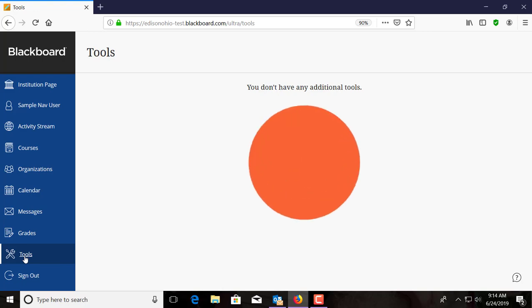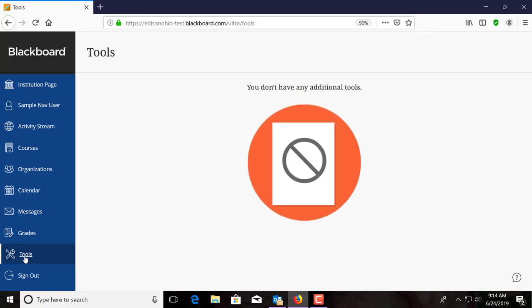The tools tab, you are not going to have anything in it. You probably won't. I'm looking for a way to actually remove it from the menu. I'm not sure if that's possible, but you're not going to have any tools in there right now. Just know that this is different than the tools within a course. So these are global tools, which we don't use any for our students. Now, our instructors, they will have stuff in here, but there's no global tools that we use or have available